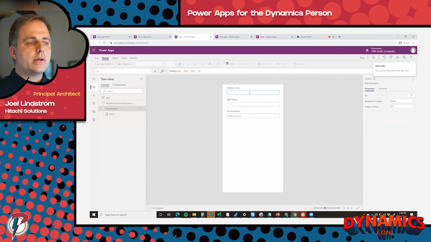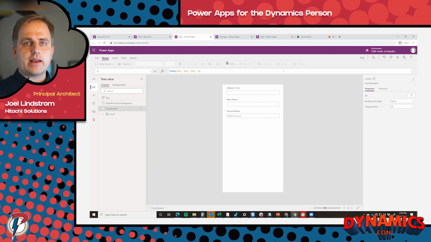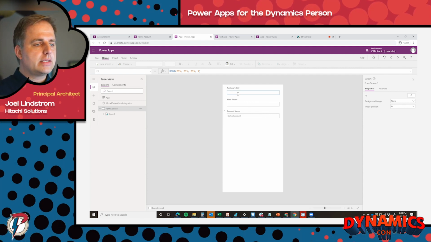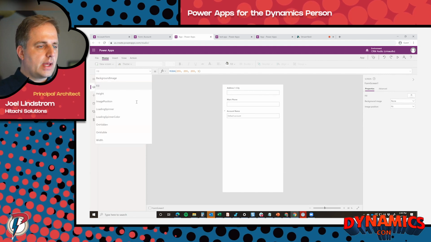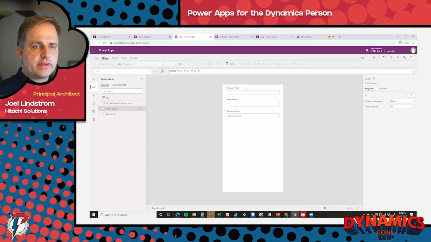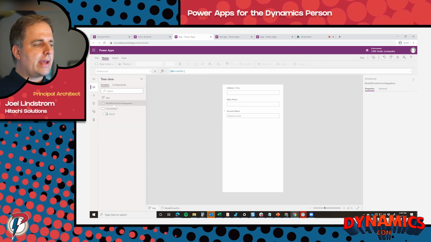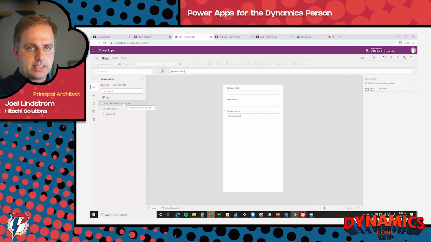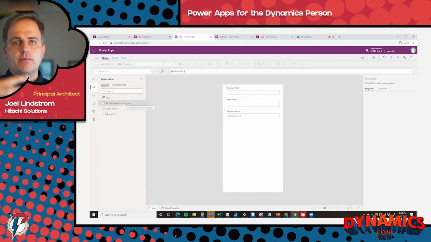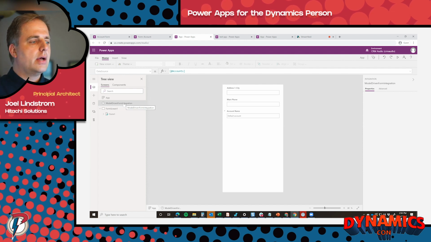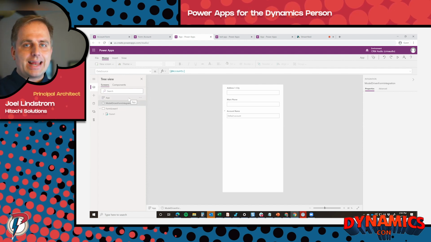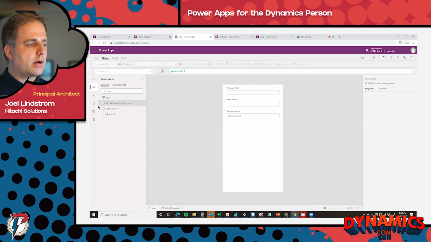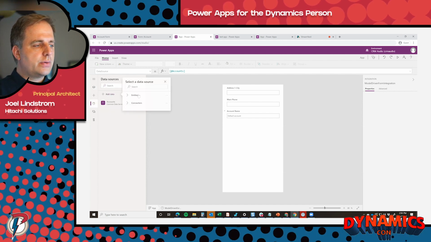Okay, so what you'll notice is it automatically put those same 3 fields in that we had when we created our Canvas app before. But if you look at the item property for these fields, you'll notice it added a component to the app called model-driven form integration. That gives us the tie to the record in which this is embedded. This is why you can't just take an app you created previously and put that in there. So this gives you that, so you can then reference any field that's on the form except for the lookup fields. Then if you wanted to add additional things, you could also add any of those connectors to this app.